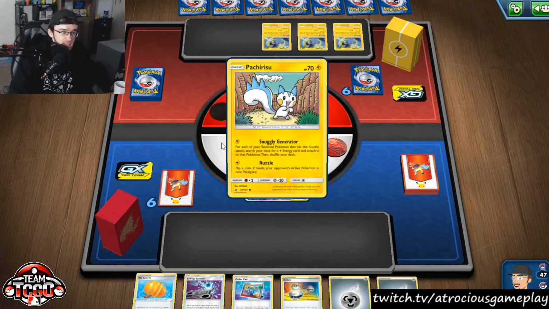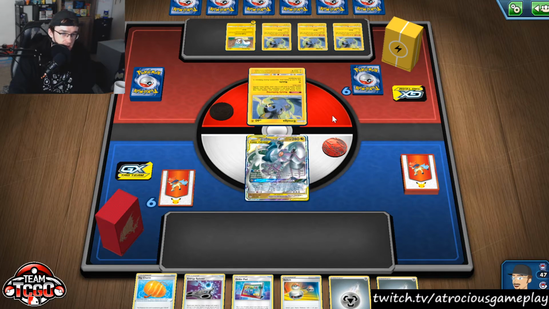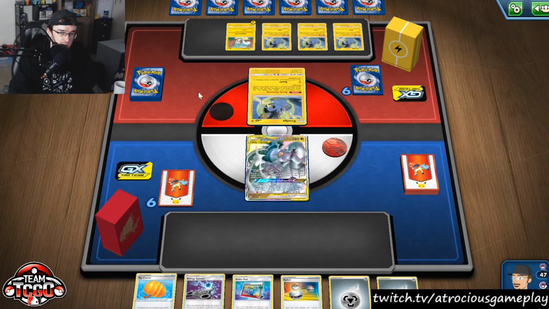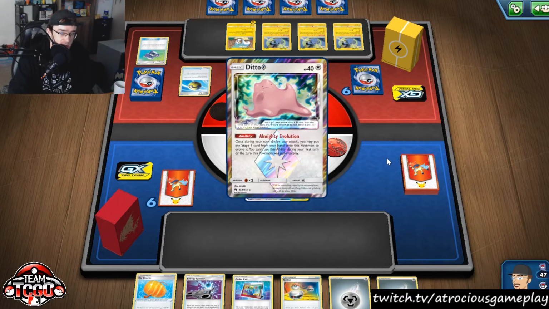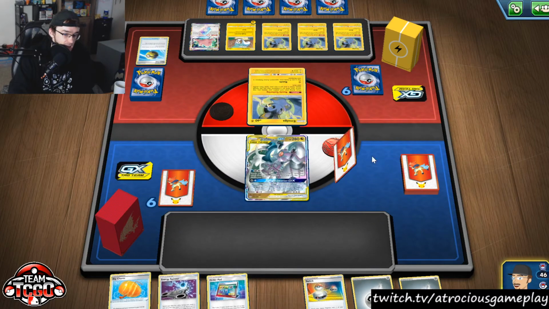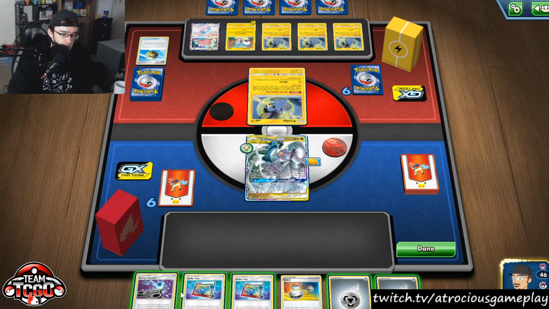But he's going to have to Snuggly Generator multiple times, right? And can do it this turn. So I'm going to have maybe like an attachment. Uses Snuggly Generator. I have another attachment. At the worst, GX. Another Snuggly Generator. I can start attacking. Hopefully maybe then I have something else on the field. And probably they would start attacking at that point as well. So it's all right. I think we're in an okay spot. Definitely not perfect, but